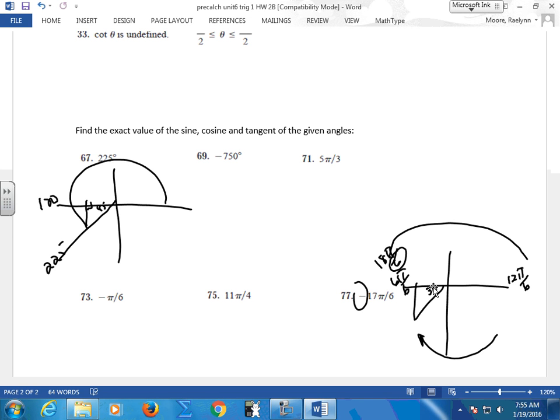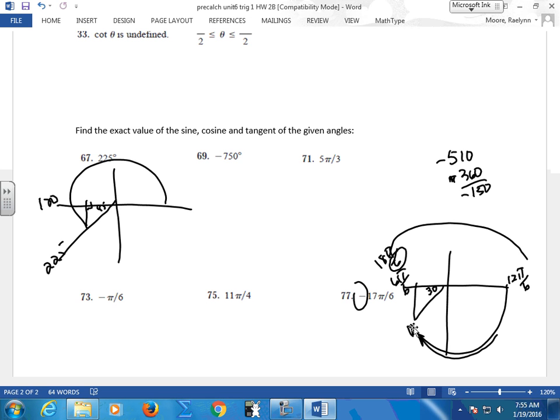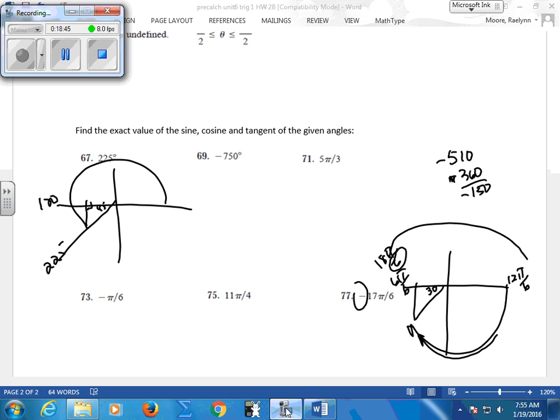Yes, I have a question. I multiplied 17 times 180 and then divided by 6. I got negative 5. But to find the reference angle, wouldn't I just add 360 to it? So subtract 360, and you get negative 150, which will be here. You still have negative 150 left. You flipped it. I gave you the negative. And you can absolutely